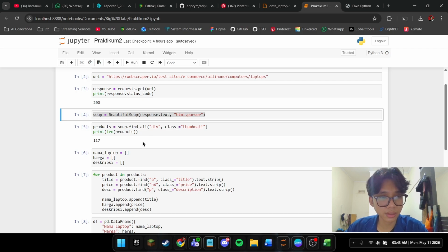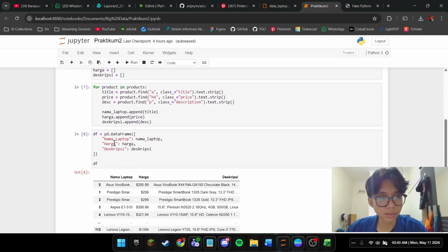Then using find_all, I search for all div elements with the class thumbnail, which is the container for each laptop product card. The result shows 117 products detected on the page.